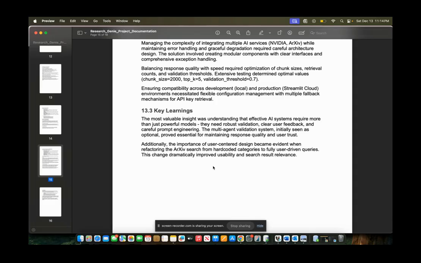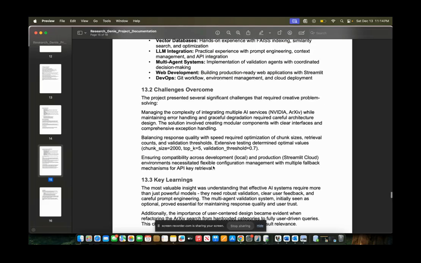The importance of user-centered design became evident with refactoring the arXiv search to be user driven. Finally, in conclusion,